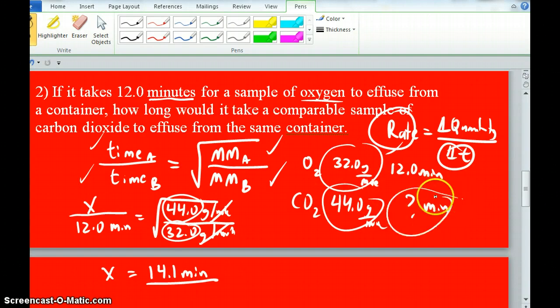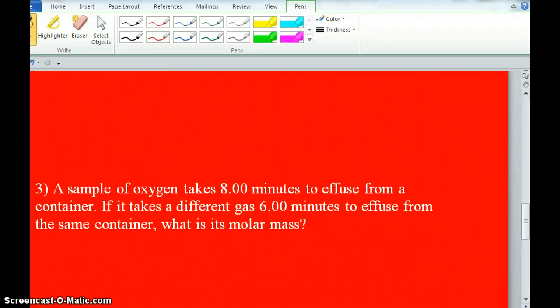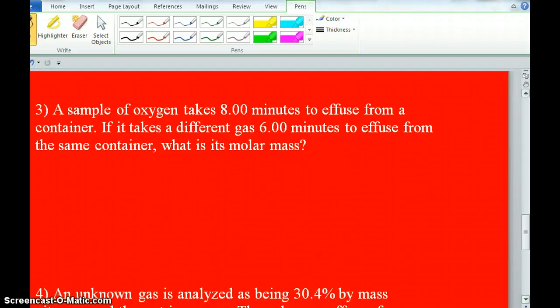It should take longer to do the same effusion from a container because of course the bigger molecule moves slower, therefore it takes a bigger time. Now what we've been doing is using molar masses to find times and rates, but we can do the exact opposite as well. We can use times or rates to find a molar mass, because in this problem we're told that a sample